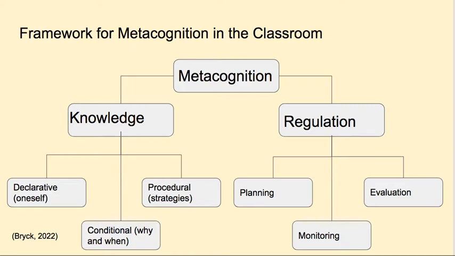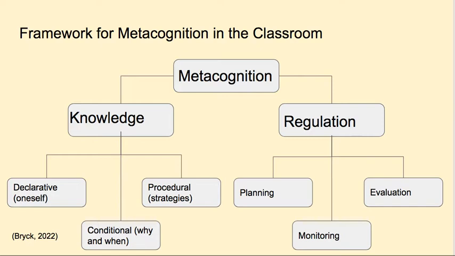When we think about metacognition, we can see that there's two important aspects of it. On one side, there's knowledge. This knowledge has to do with declarative knowledge about oneself. So these can be things like knowing about your habits, knowing what you know, knowing what works well for you in terms of studying or scheduling. We can also think about conditional knowledge. This is why and when we do things. So we can think about sports, why and how you throw a ball, and if you're playing baseball, perhaps when you need to throw the ball to first base as opposed to third base.